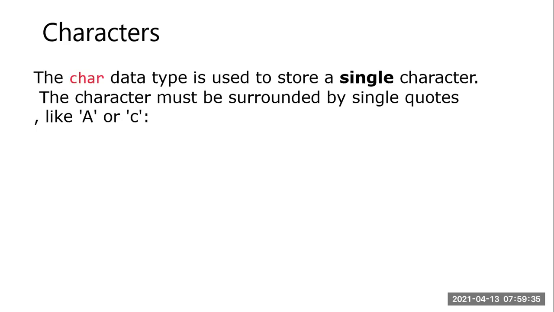In non-primitive data types, we have to create an object, then only can we access it, because they are user defined. The primitive data types are predefined, so we can use them directly. But with non-primitive data types, after the creation of an object inside a class, we can access those objects. So a char holds a single character, whether a capital or small letter, surrounded by single quotes.